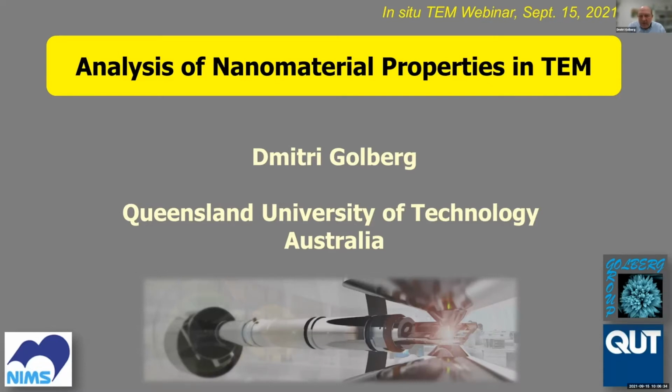And I apologize that the logo of my laboratory here resembles a coronavirus molecule. It was designed before COVID struck the world. Anyway,